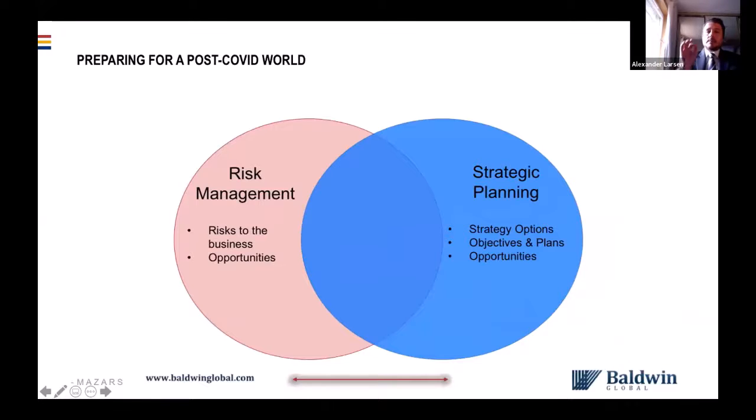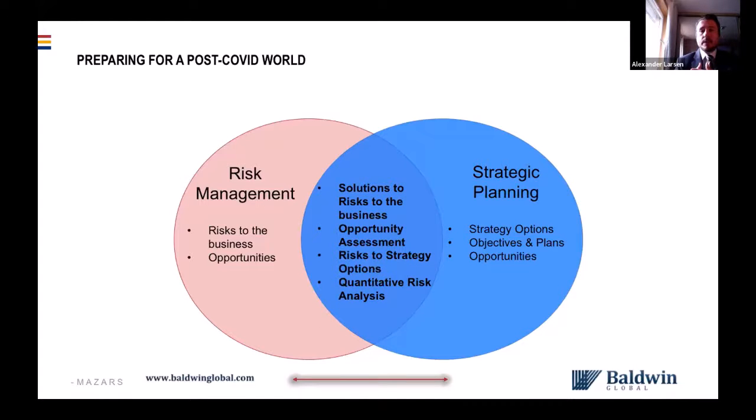But what's key is that risk management forms part of this process, because risk management focuses on what are the risks to the business and what are the opportunities to the business. While strategic planning as a department focus on what are our strategies, what are the options that we have, what are our objectives and plans that we're going to develop, and what are the opportunities as well. So it makes sense that these two align and combine, because